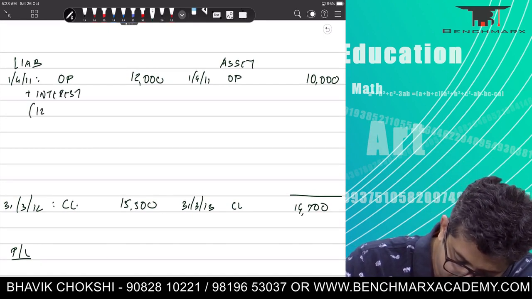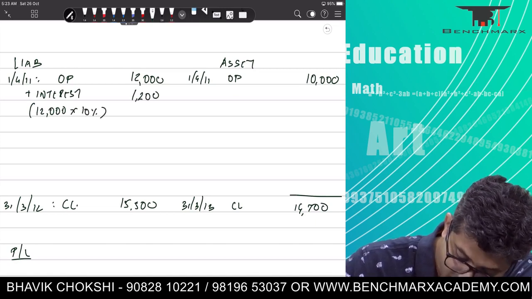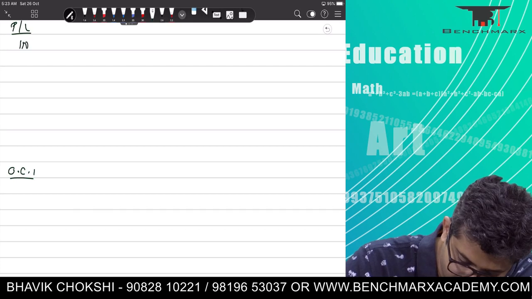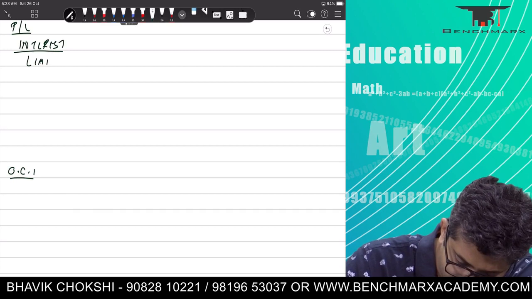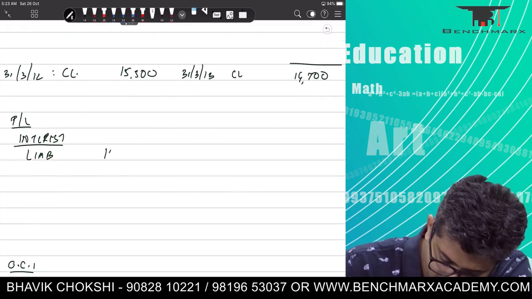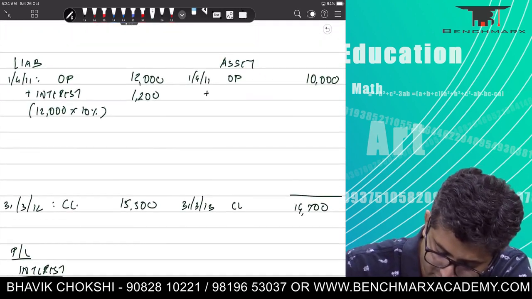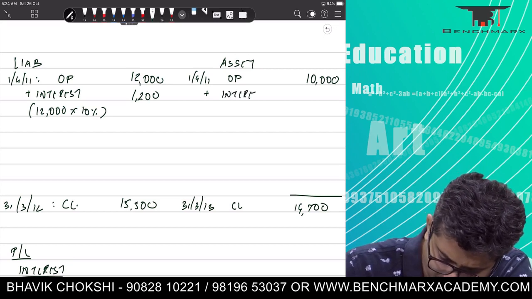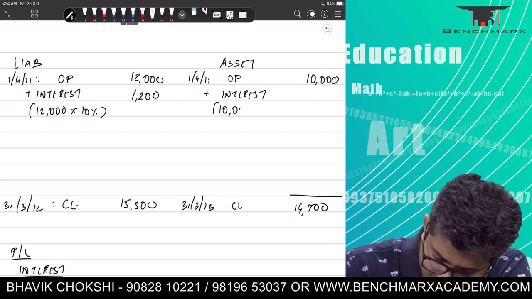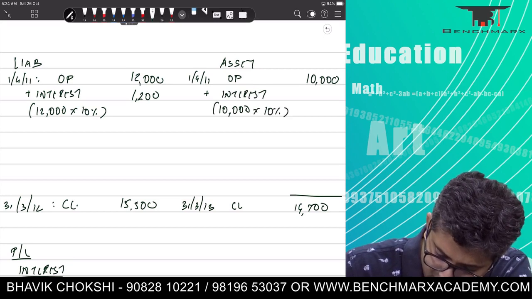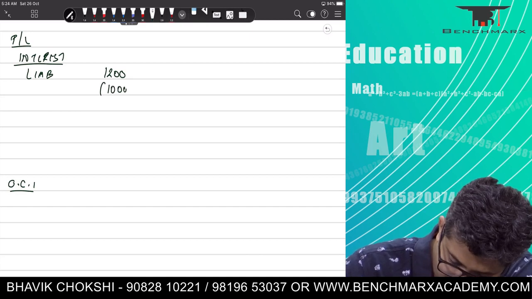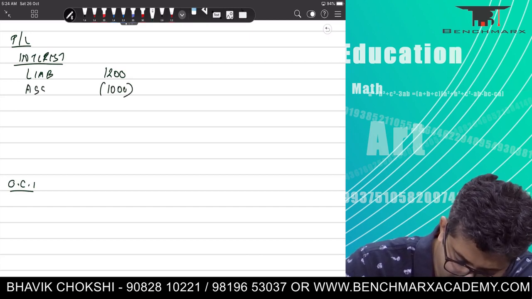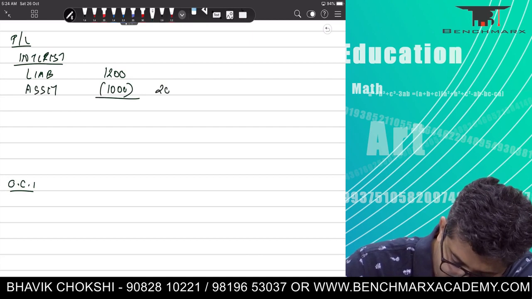Well, interest on the liability will be 12,000 into the rate of 10% as given in the question, that's 1,200. The effect of this will go in the P&L. So if you look at interest on the liability, that is 1,200. If you want to find the net interest, you should also consider the interest on the assets or the expected return on the assets. That is 10,000 into 10% comes to 1,000. This will increase the assets, this will be like a gain and hence your net interest is actually 200,